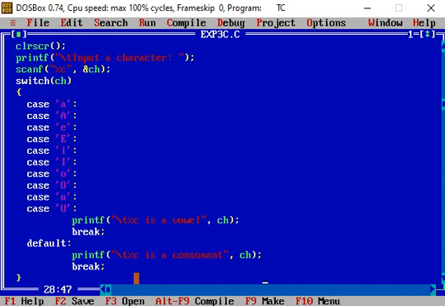And then here we also see the break statement. After printing this message, the break statement brings the control out of the switch statement. If this break statement is not present here, then after executing the printf statement, the following statements are executed. So just to bring the control outside of the switch statement, the break statement